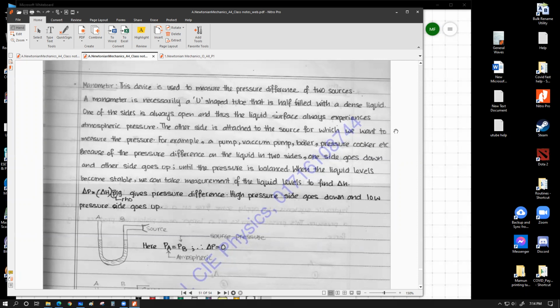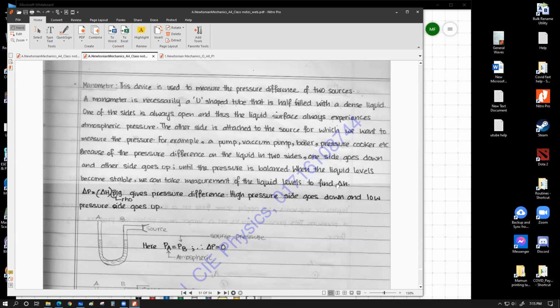The source can be, for example, a pump, a vacuum pump, boiler, pressure cooker, etc. Because of the pressure difference on the liquid on two sides, one side goes down and the other side goes up until the pressure is balanced. এই লাইনটা হচ্ছে বুঝার মতো লাইন। আমি এখানে জিনিসটা দেখাই তোমাদেরকে। আচ্ছা আমি পড়াটা শেষ করি, তারপর লিখে বলছি. When the liquid levels become stable, we can take measurements